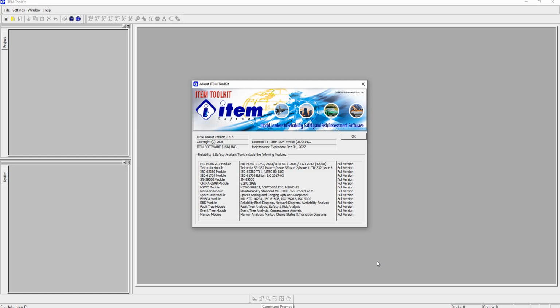Hello everyone, and welcome to another video tutorial in this series of tutorials for Item Toolkit, the world-leading software tool for all your reliability, availability, maintainability, and safety analysis. In this tutorial, I will walk you through how to use the Item Toolkit Reliability Block Diagram Module, or